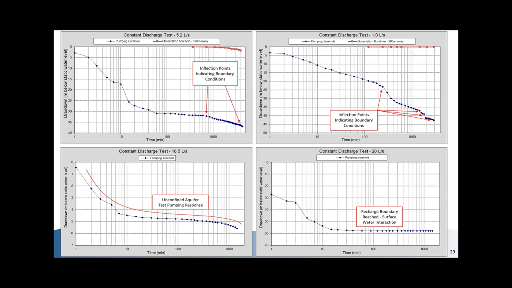We can also look at these in terms of what are characteristic curves. So in the bottom left-hand side, we have an unconfined aquifer characteristic response. And this is very important to know about the aquifer and the borehole that's in it, because if we have potential sources of contamination and we have an unconfined aquifer, the borehole will be much more susceptible to those sources of contamination. So if we have a filling station or waste site or something like that in the area, and